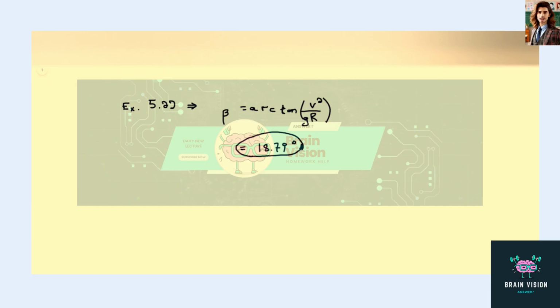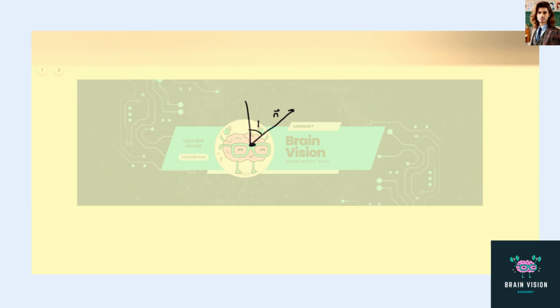Now we need to draw a new force diagram. In this case, we have our car here. We have our normal force going this way. We have an angle beta here. The vertical component of the normal force is N cosine beta. The horizontal component is here, and it's N sine beta. We also have gravity pulling us down, mg. And the car is going to want to go up the ramp this way, which means friction's pointing this way. So this is the force of friction. This angle here is also beta,